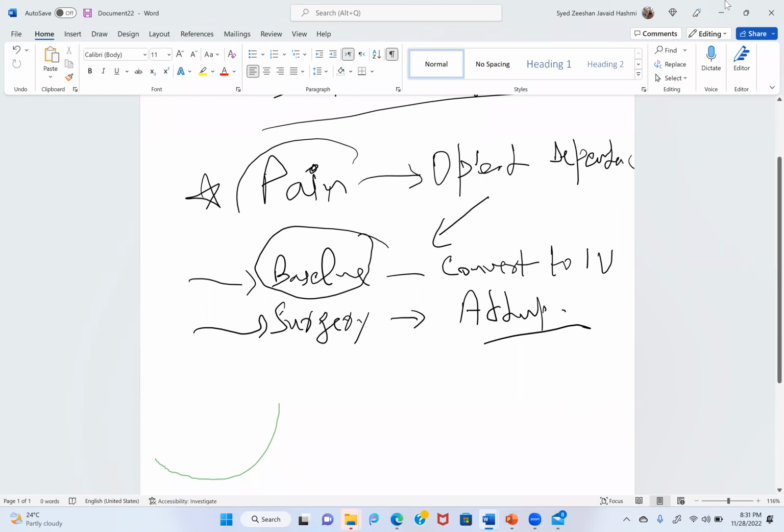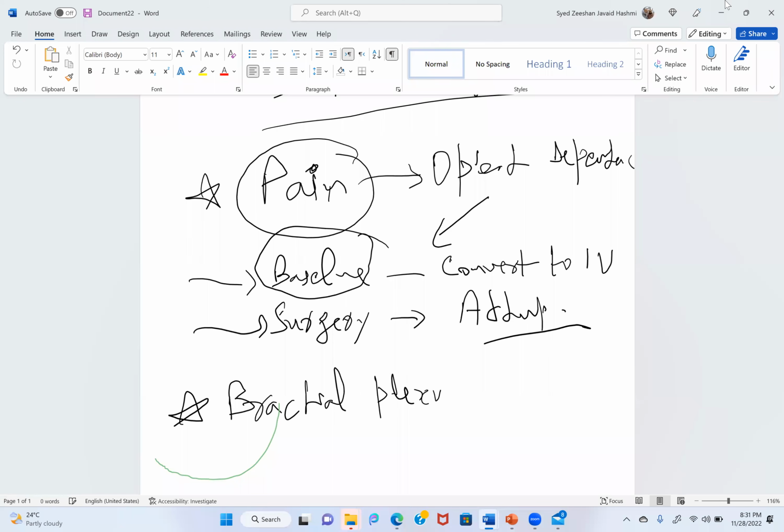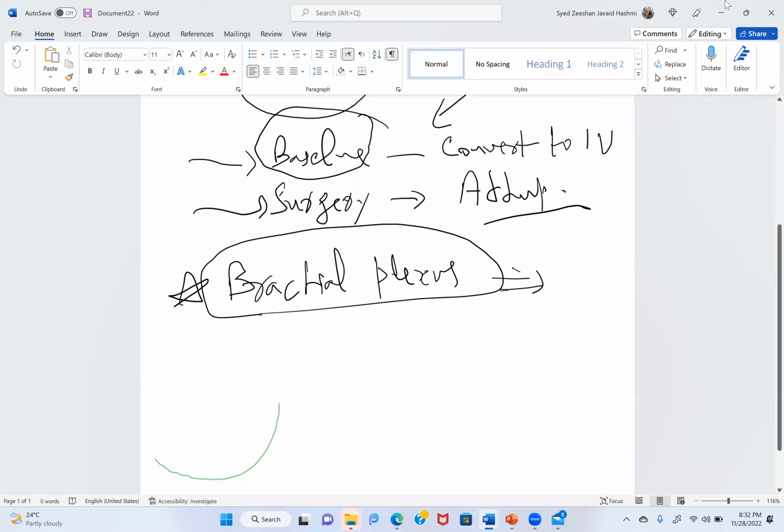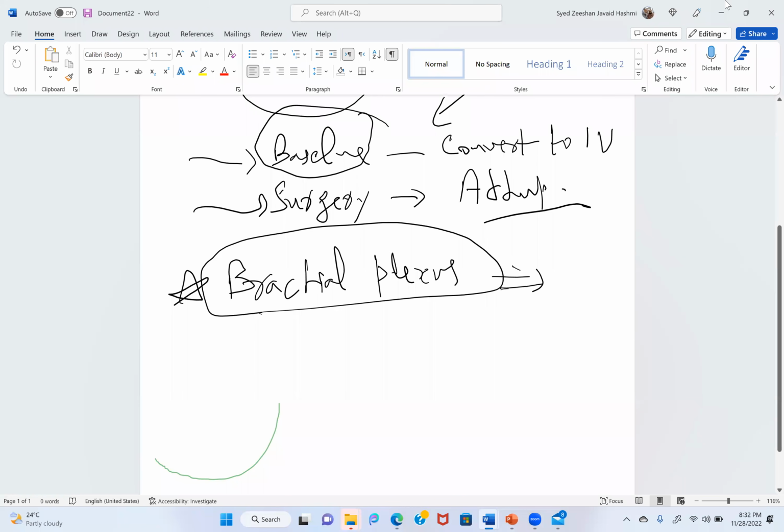So this is an important part. Pain relief will be very important. I will be covering the analgesia part later on. Other things: preoperatively, there may be involvement of the brachial plexus, if it is in the axilla, it can involve. So you have to look for involvement of the brachial plexus, plus or minus. You should know about it. So this is one thing.